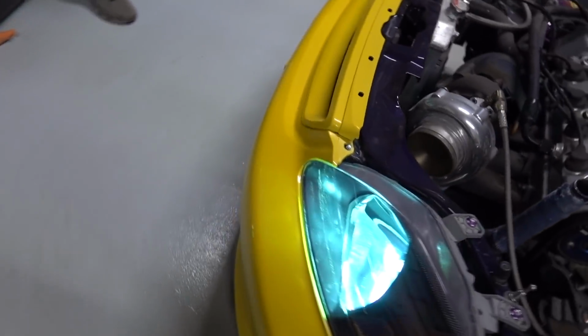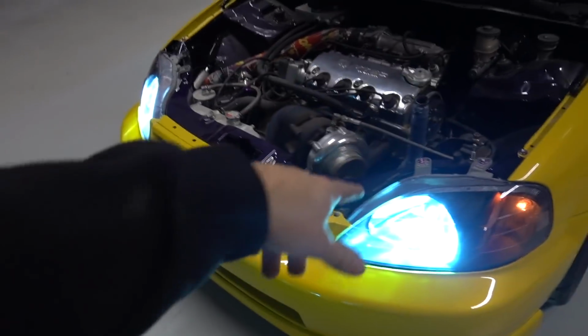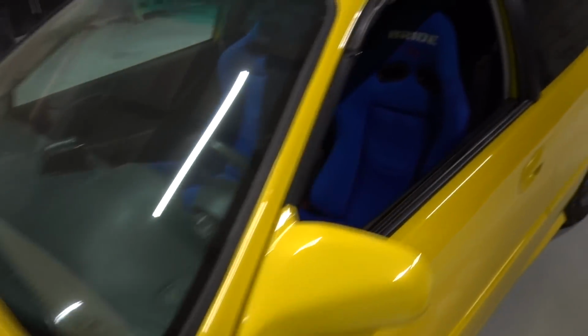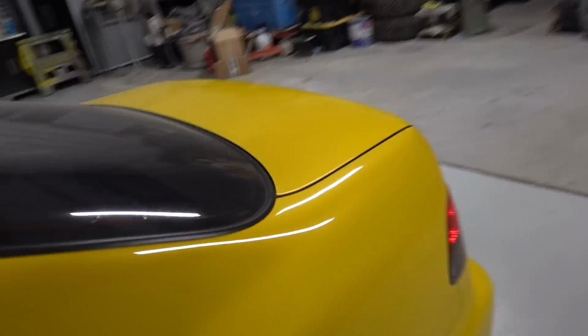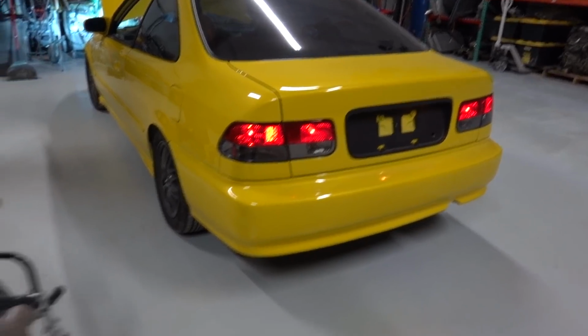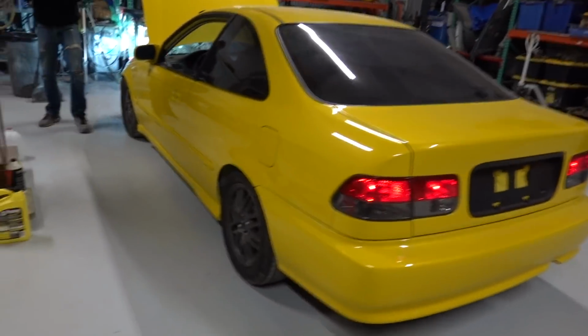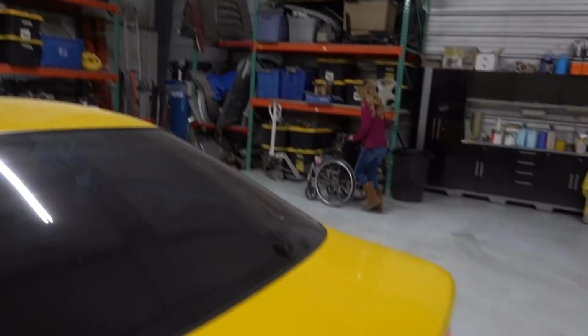HID headlight bulbs from that random Civic, and then I had an issue with the tail lights. Tail lights weren't working, so I was diagnosing that, and guess what it was? It was a missing fuse. So yeah, I've been doing a couple little things like that,